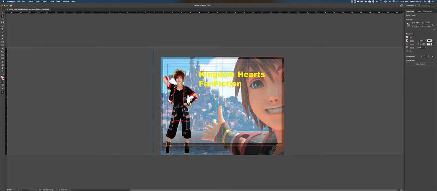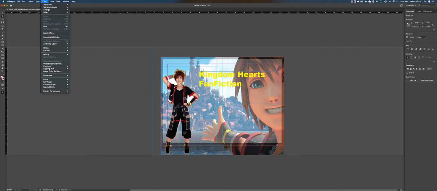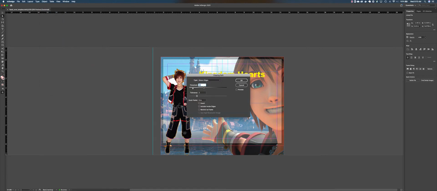If you have these kind of white parts left in the image, you can go back. So you want to select the image. You can go back to your Object, Clipping Path, Options. And then this time, you're going to choose Include Inside Edges.